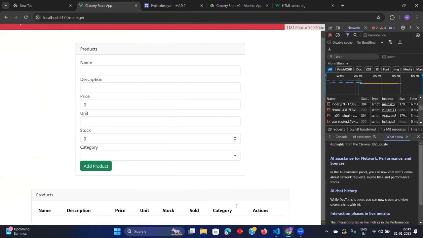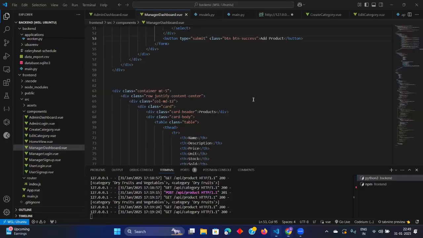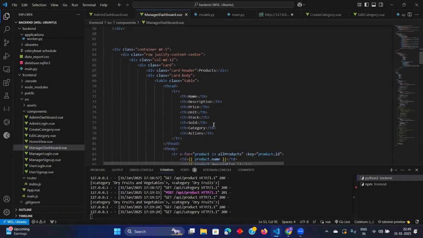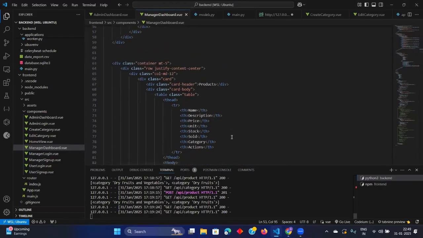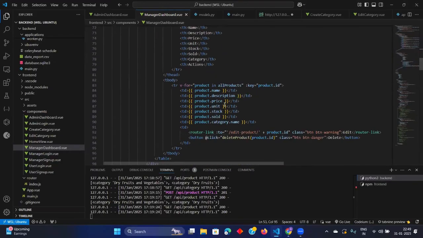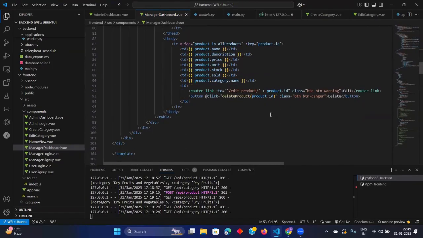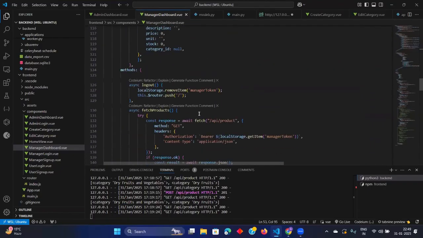After creating this, let us go there. So that means it is not showing it here. It is created. Now it should show all products: name, description, price, stock, unit, category name. Okay, and this thing is fine.